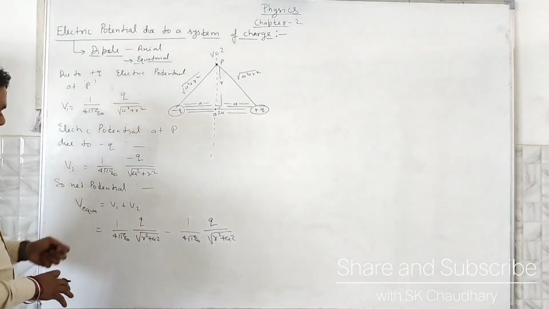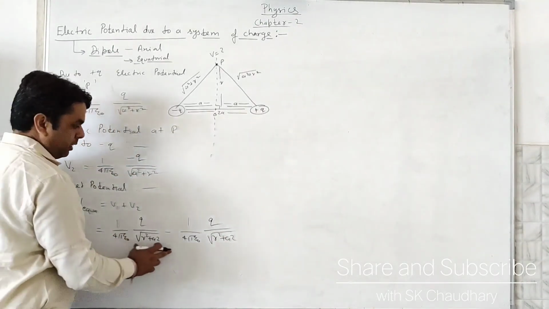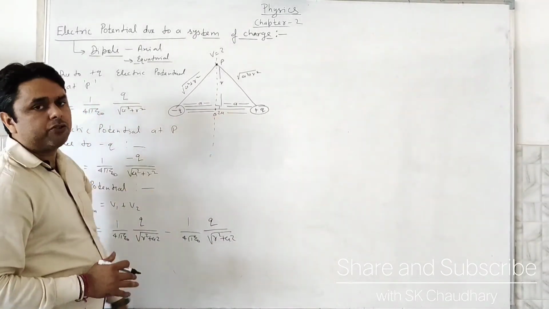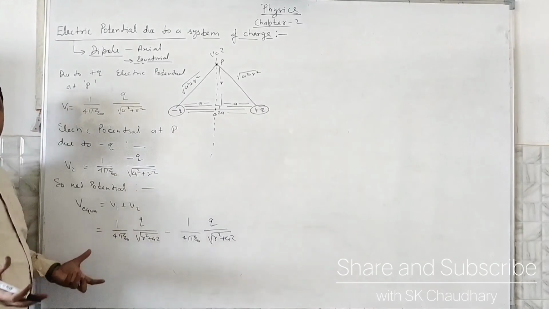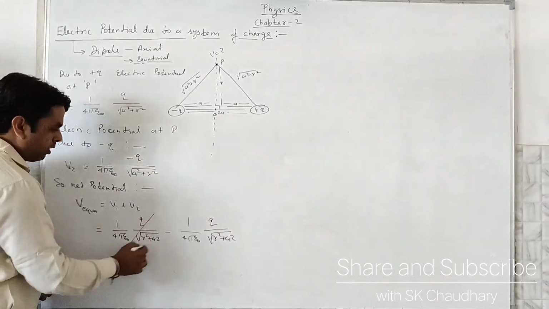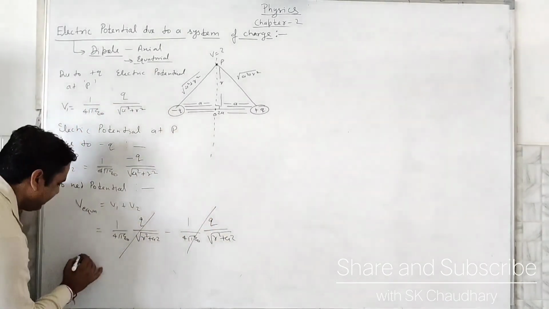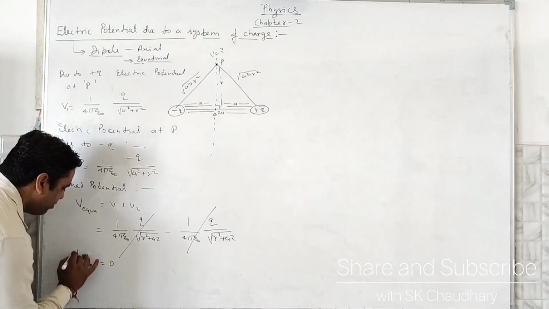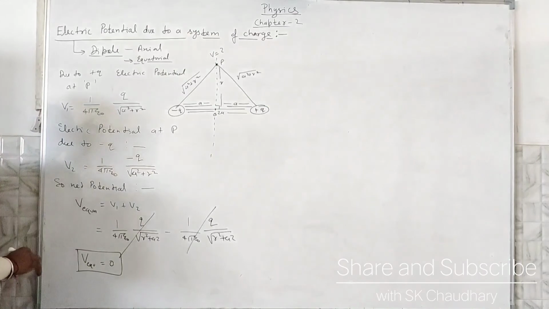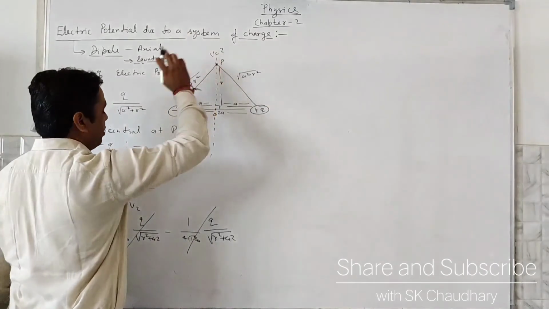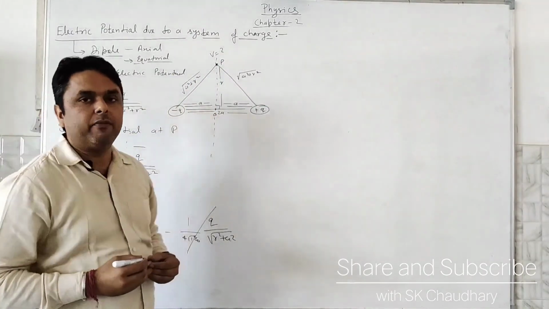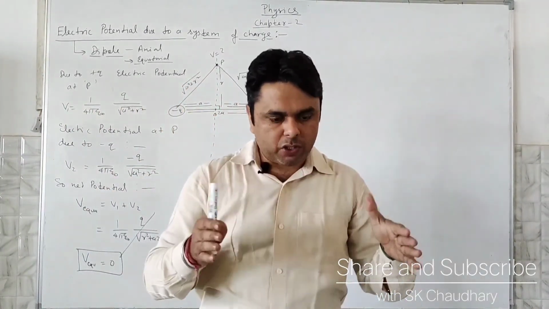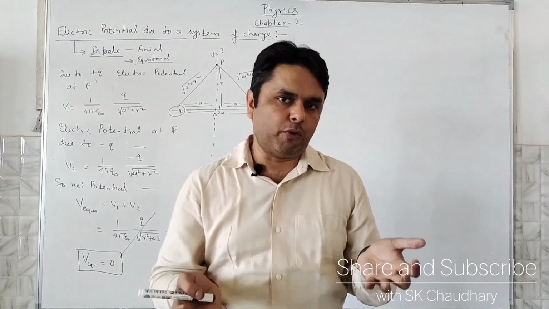When we see these two quantities V1 and V2, we find that both quantities are equal in magnitude because they have equal distance from the charges, and due to it being scalar there is no rectangular and vertical component. So these quantities cancel out. We can say that at the equatorial point the net electric potential is 0. So that is what we were trying to find at point P. We are able to find that the electric potential at P is 0 due to the equal distance from each of the charges, negative one and positive one.